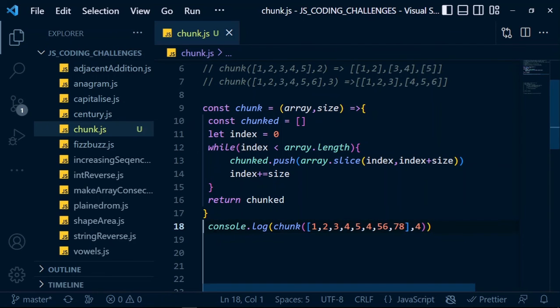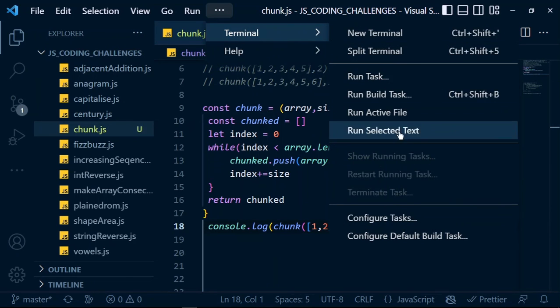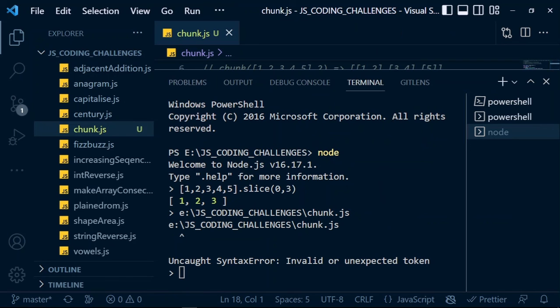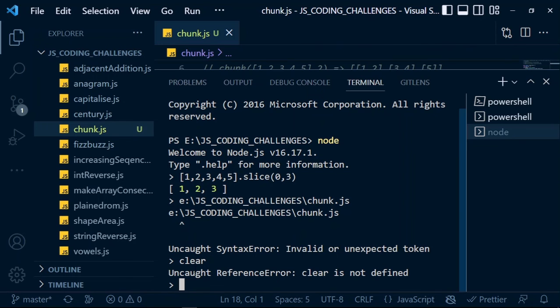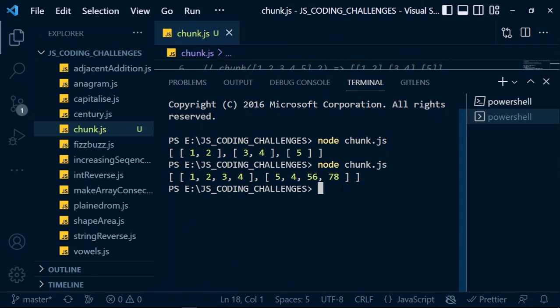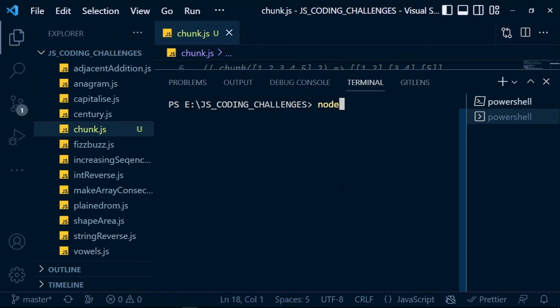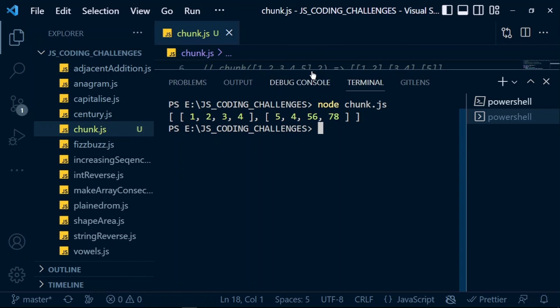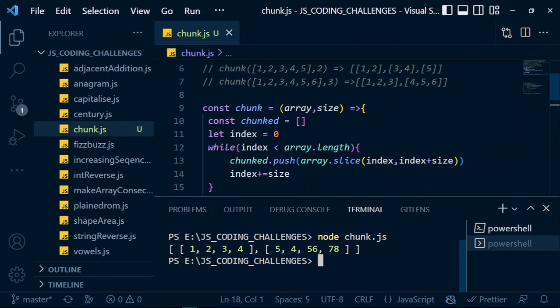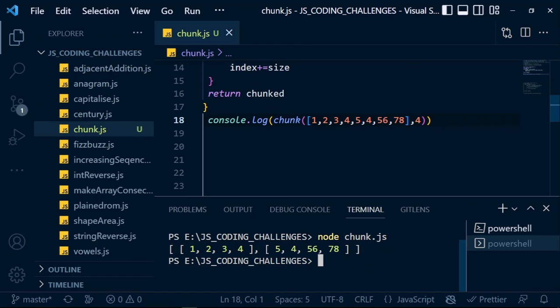Oh, sorry. Let me go to my terminal and execute this and see. Let me clear the console, then execute node chunk.js file. Boom. You see, we're having 4 chunks because we specified here that we should get an output of sub arrays